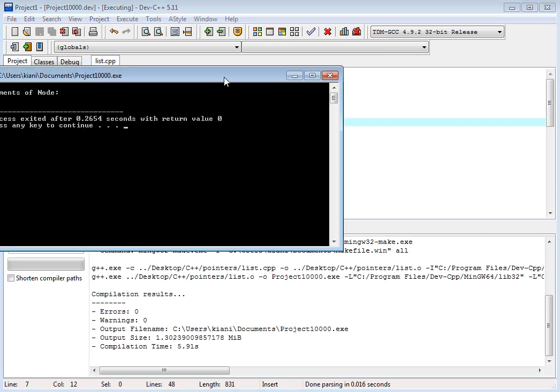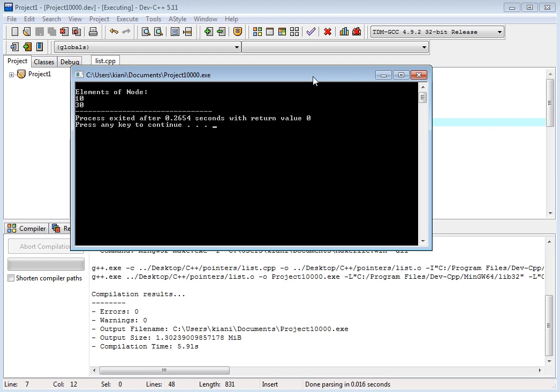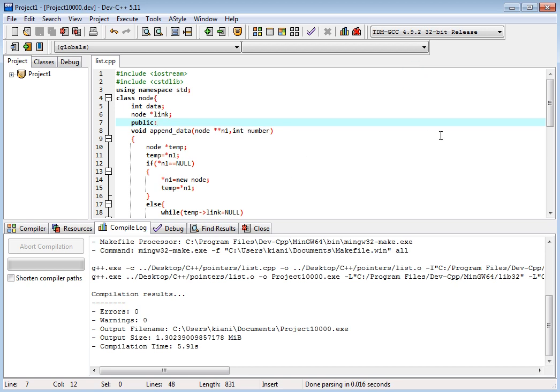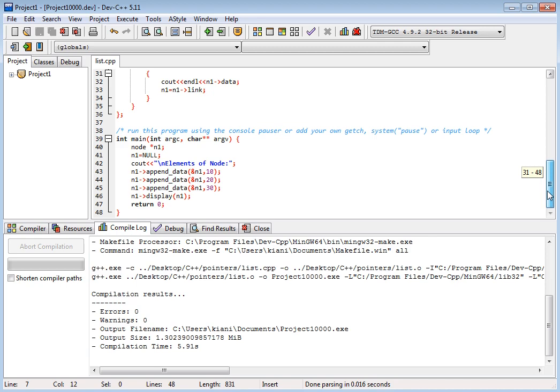So you see elements of node 10, and we have 30, not 20. Why? We also appended 20 and 30.